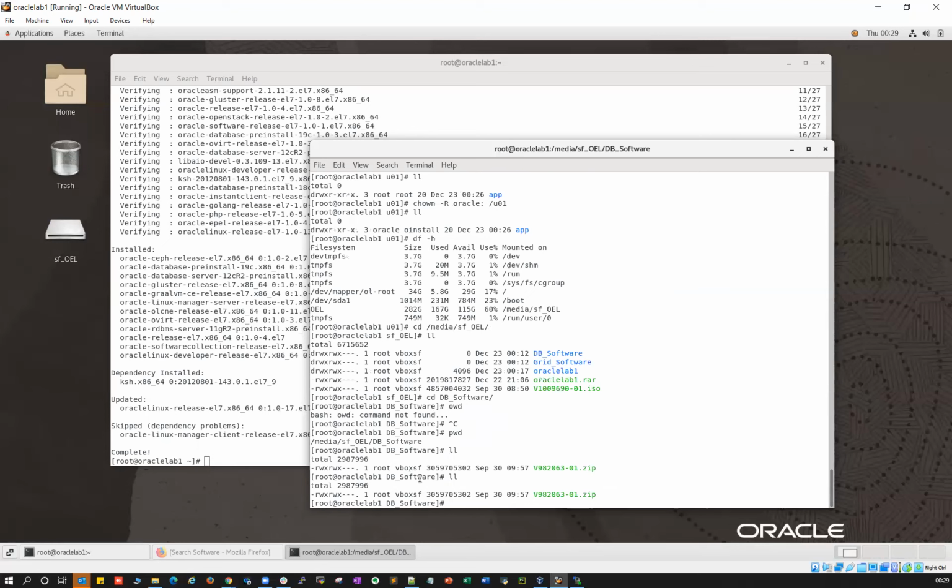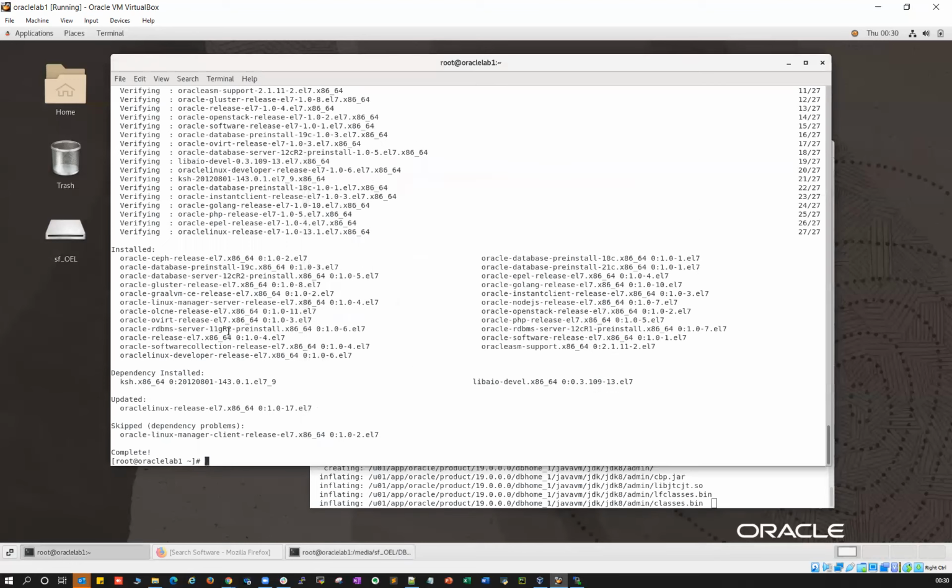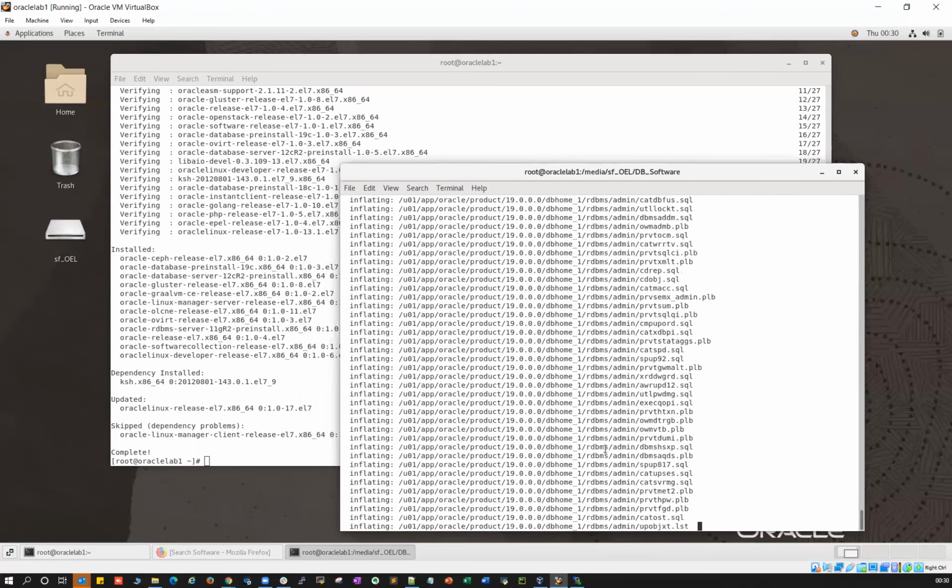So let's go back here, and I'll just do unzip. This is the software unzip, and then I'm going to use -d, and I'm going to unzip into my 19C Oracle home directory here. Unzip this 19C software with -d, and directly unzip inside my 19C software directory. It's going to take a couple of minutes, so we'll wait for that and then proceed further. This will take some time to unzip.